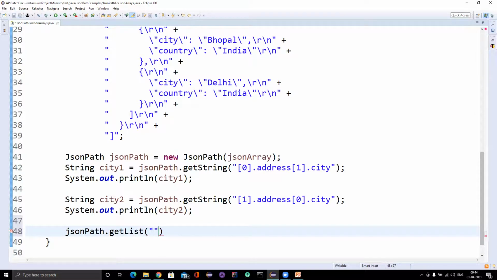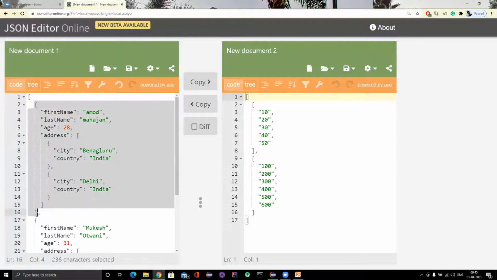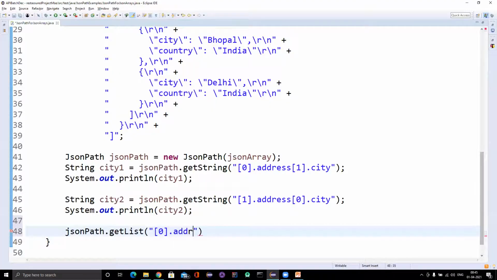So this is tricky. Here, if you see what we have done: I want to get all the cities of Amod, right? First we use the array index concept, so I'm here. Now I want to get all the cities, so first you need to jump to address, same as dot address.